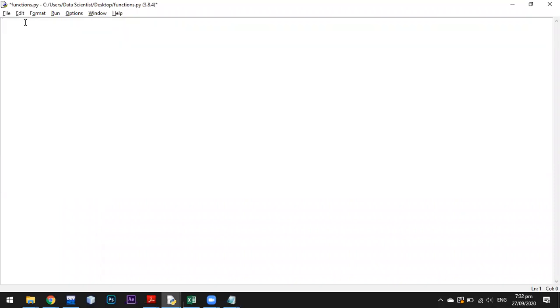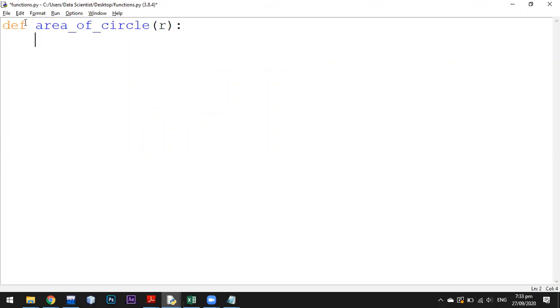Now let's move further. I want to print the area of a circle. What is the area of a circle? Pi r square. So it means that I have to define a function. Define area of circle, and I will just pass it a radius.